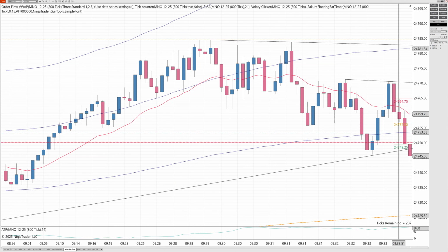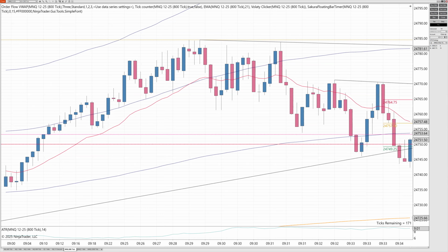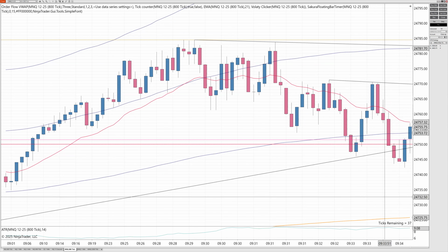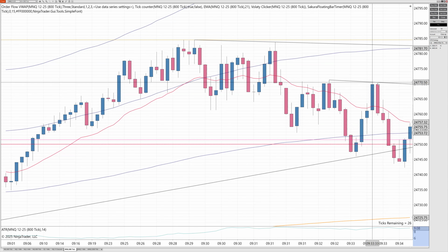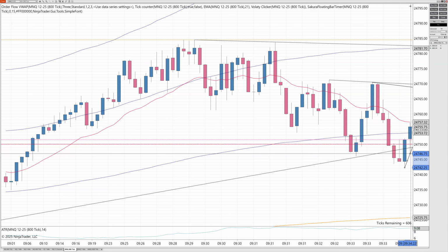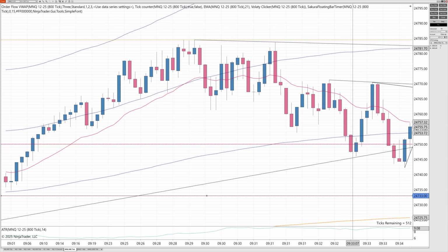So this trade hit its target. We're going to keep track of the runner. And the runner was here. It went down and then went back up. So the runner has been taken out. So let's do a few things. We're going to draw two trend lines here. We have this trend line here between these two candles and this bigger trend line between these two swings. Now we have an upward trend line here,